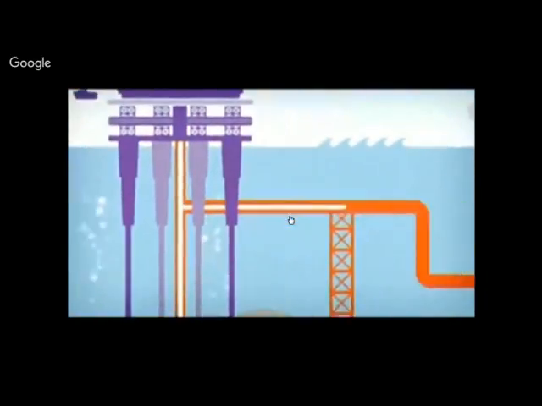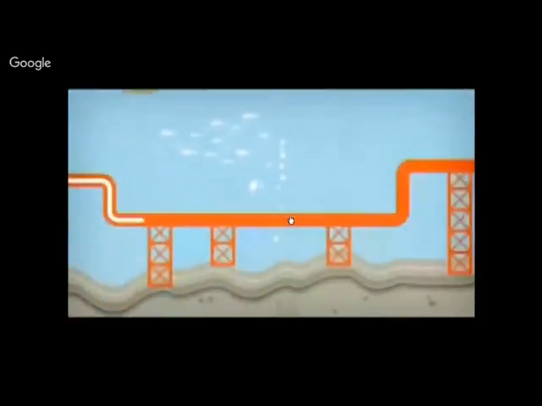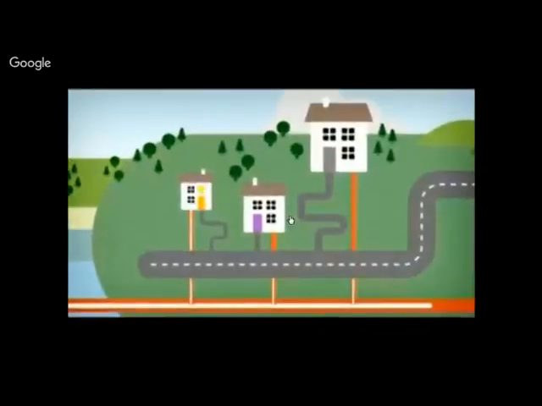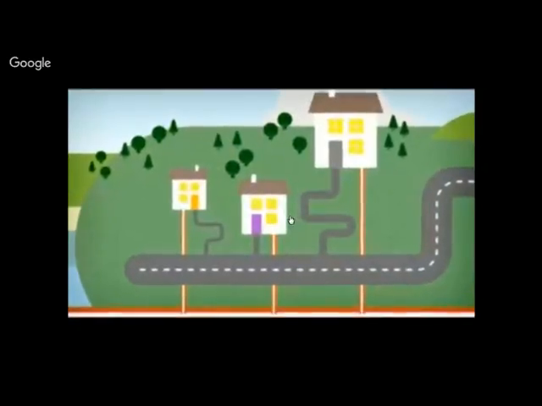National Grid then takes the gas from the shore and sends it around the countryside through steel pipelines over 1 metre wide. As the gas gets closer to homes, the pipelines split into smaller ones, which may only be 20